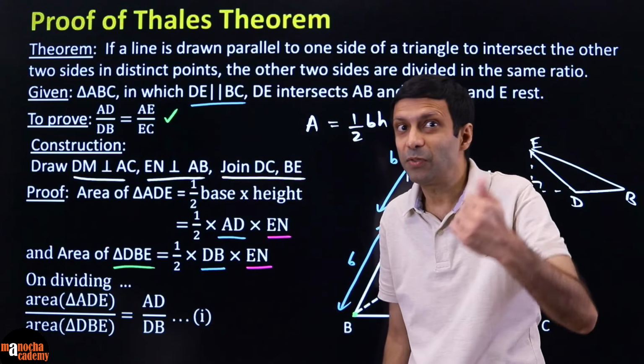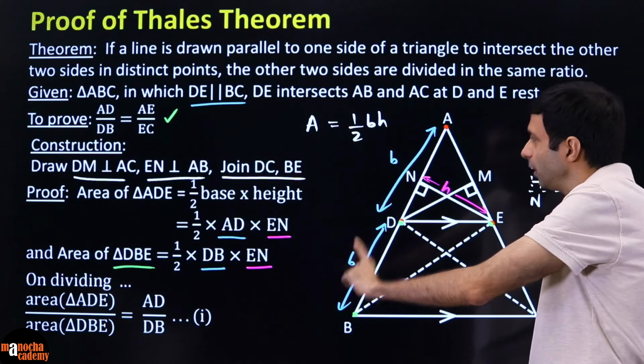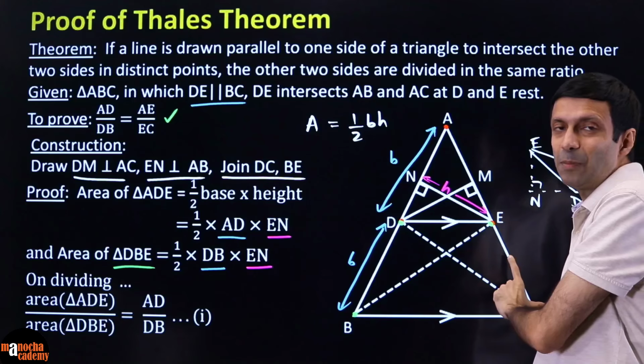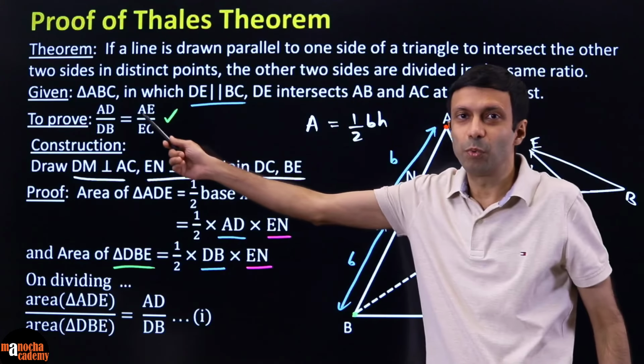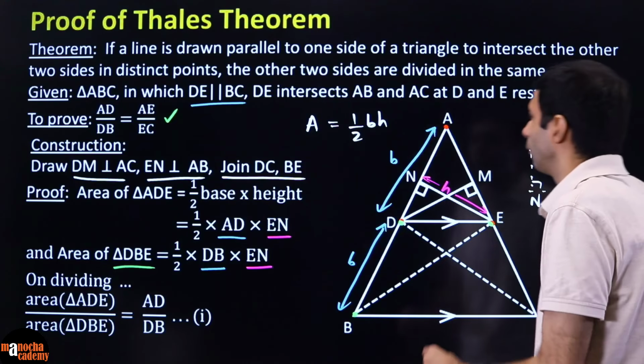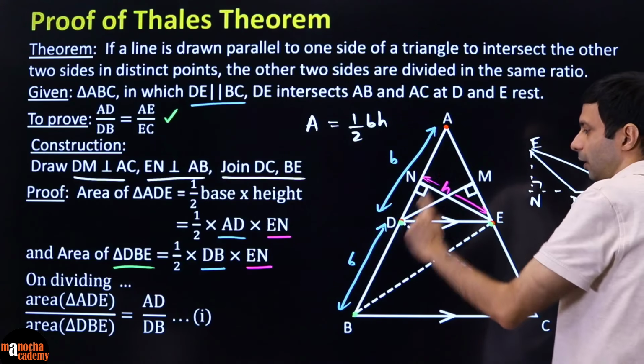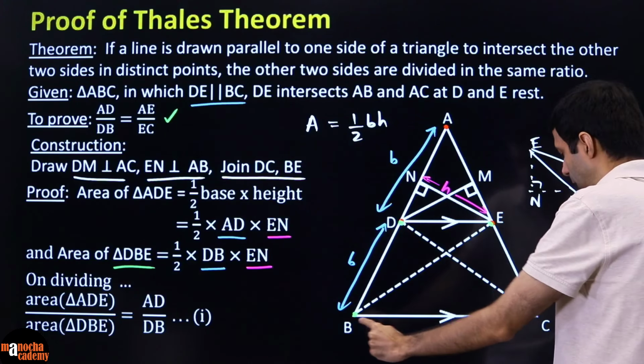And AD by DB is very important because this is what we are looking for in Thales theorem. We have to prove AD by DB is equal to AE by EC. We have to prove that they are in the same ratio. So the main thing we are doing here is looking for a ratio of the area of triangle ADE divided by the area of triangle DBE,